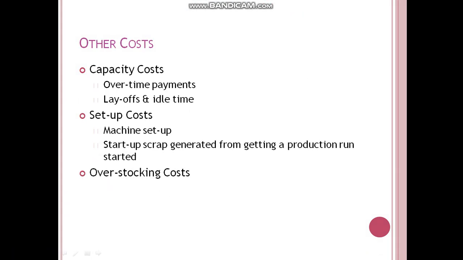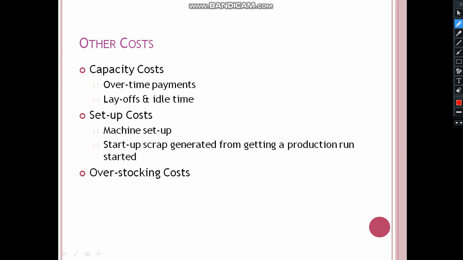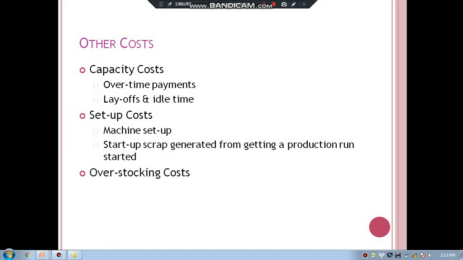Okay, now let us see the third cost which is associated with inventory. It is the other cost or miscellaneous cost. Miscellaneous costs are generally the capacity cost or the setup cost. When you are setting up the machinery, then some cost is invested, that will come under miscellaneous cost. Or the overstocking cost, if you keep a lot of work in process inventory or raw material, if you do overstocking, then some extra money will be invested. Okay, overtime payment, if your workers are working overtime, then some extra money will be given to them. So all these costs will come under the miscellaneous cost or other cost.